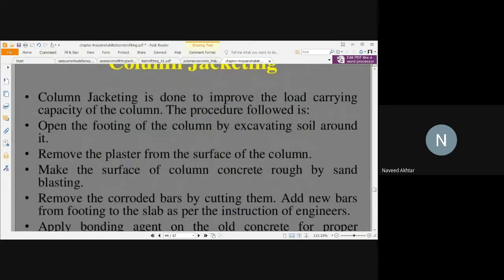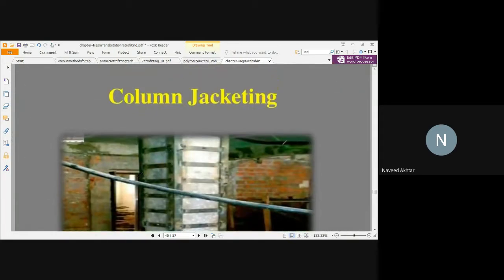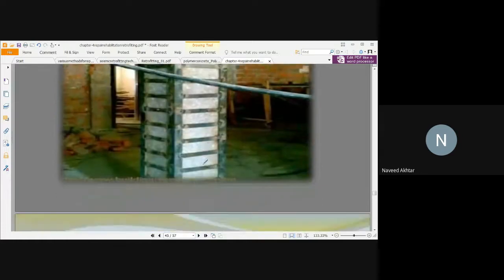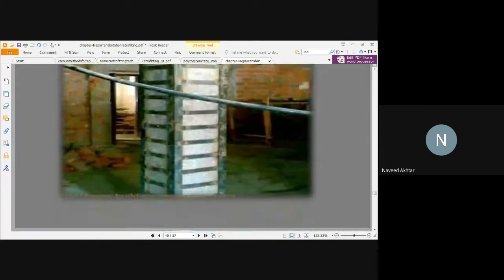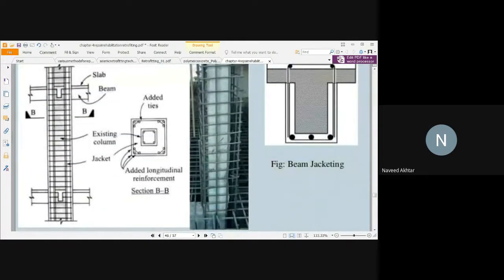Another technique to strengthen a column or beam is the technique of jacketing. So this is also a type of retrofitting of the column. If you see the outer surface of the structure where deterioration occurs, it is welded with angles and steel flats, and that strengthening is done by a steel structure with the column. Jacketing you can do with reinforcement also.